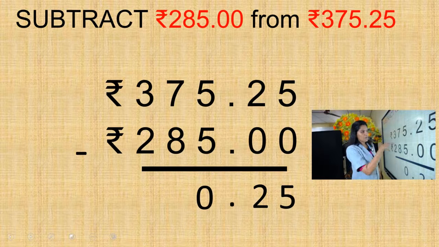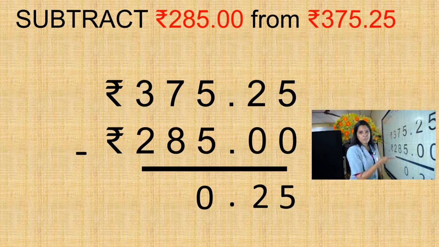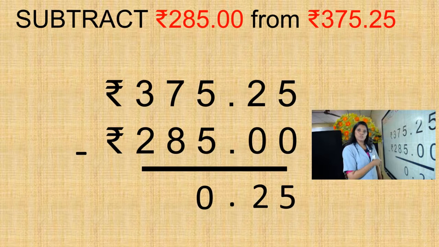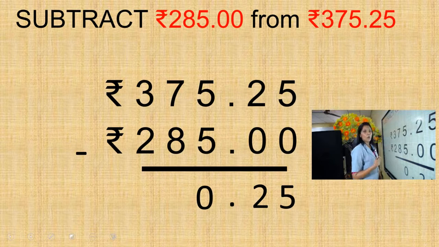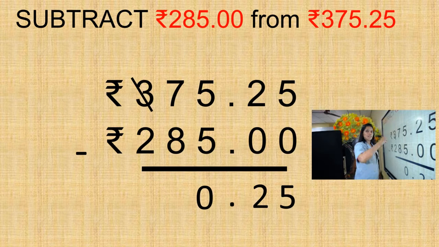Okay. Now, can you subtract this? You have to subtract 8 from 7. Can you subtract that? No. What do we have to do? Here we have to borrow. From where? We have to borrow from 3. So how will you borrow? I'm going to show that. Cancel 3. And what will you write there? We are taking 1 from 3, no? So then what will be there? Yes, you told 2.